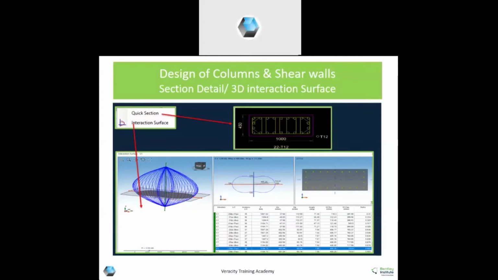we are all aware of SP16, where PM interaction charts are there, which we all have used for column designs. Here 3D surface, yes, PM curve is generated and the capacity is calculated for all load combinations. For each separate load combination, you will get the axial capacity as well as flexure capacity and the combined interaction ratio. So you can check that with your modified design.